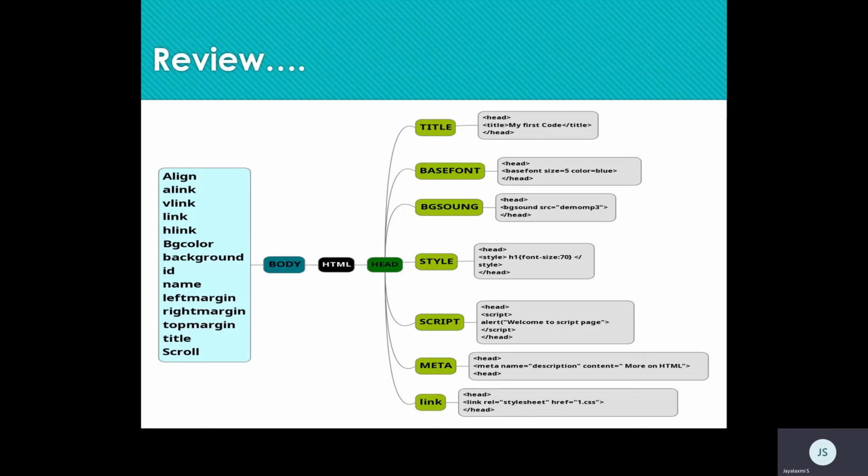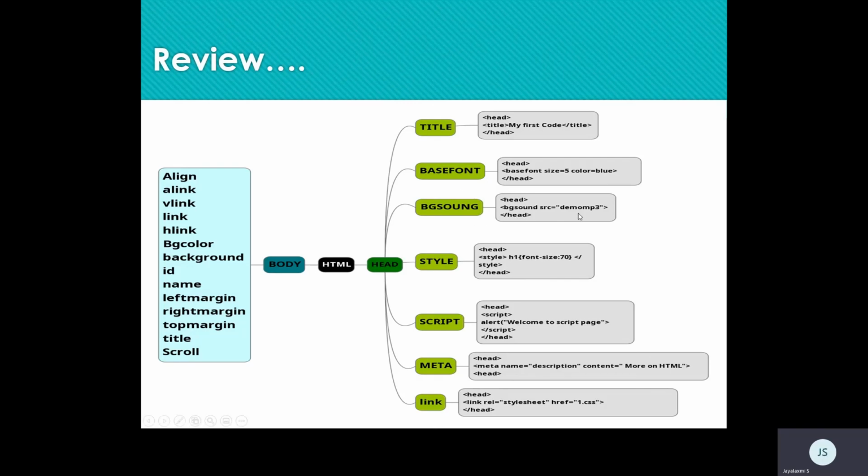In detail, the header elements we'll look into in the next session with a live demo. As of now we were working with various attributes of the body: link attributes, color attributes, image attribute, title attribute, margin attributes. And coming to header, we have a title in order to display the title in the title bar, base font, based on the versions you can see the executions.